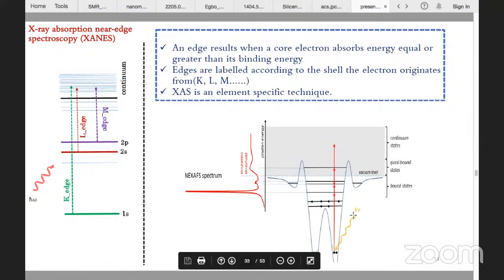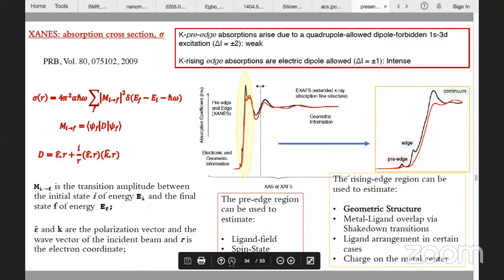So basically, you shine photon light of appropriate binding energy onto an electron, then you excite it into the continuum, and in the process you acquire the absorption spectrum. Now, how is that? This is how we calculate the absorption spectrum theoretically. It's basically this formula, where you have a transition amplitude